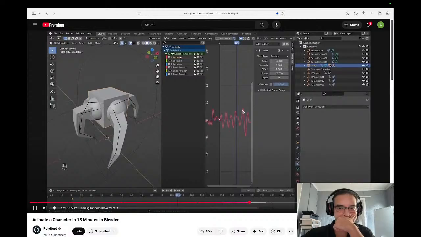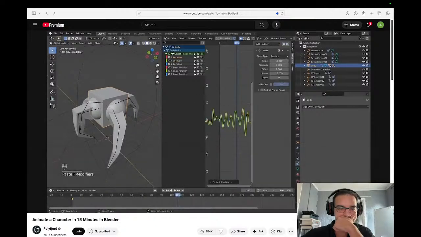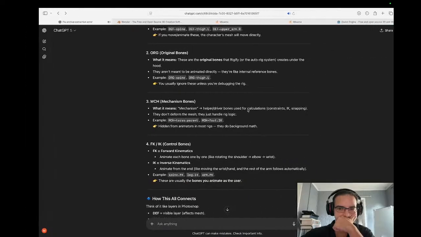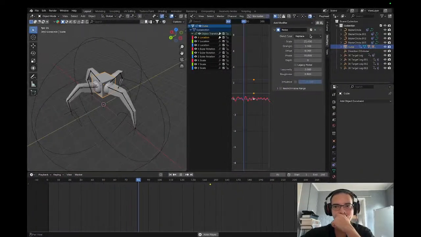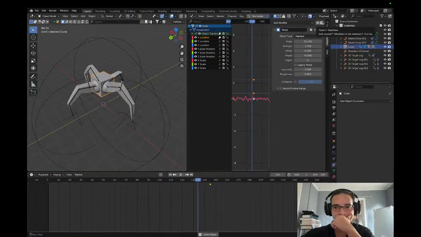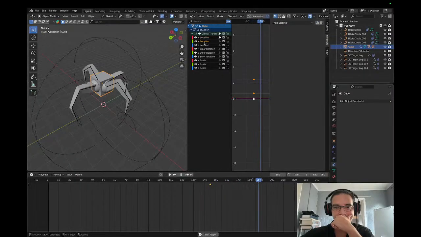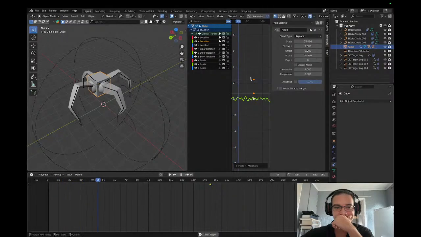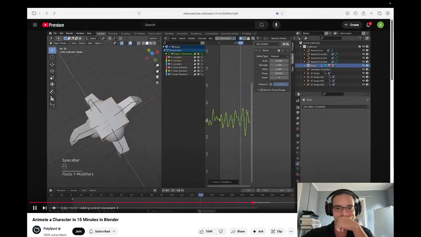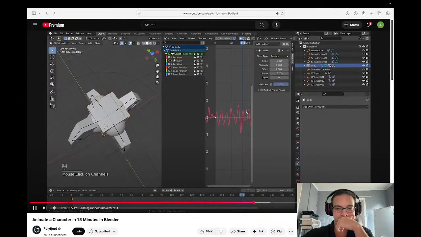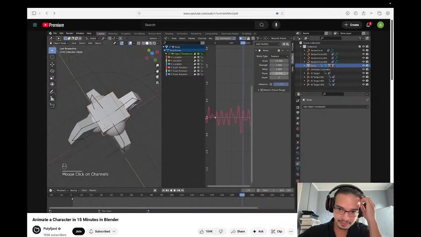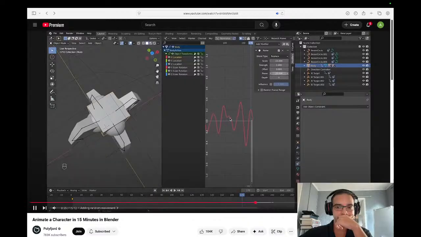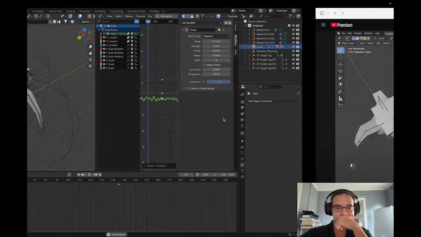This modifier is currently only applied to the X location. So copy F-modifiers and then go to Y location and paste it. But now when you press play, you can see that it's going diagonally. And that is because the X location and the Y location have the exact same phase. So if you adjust the phase, you can see